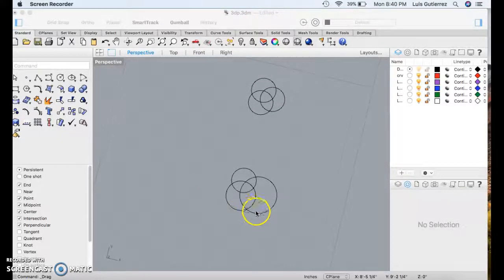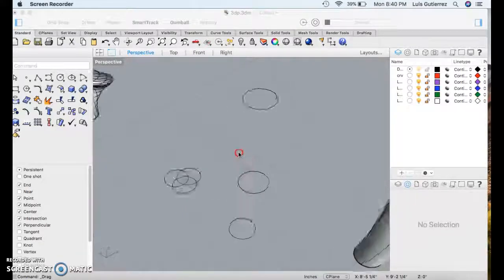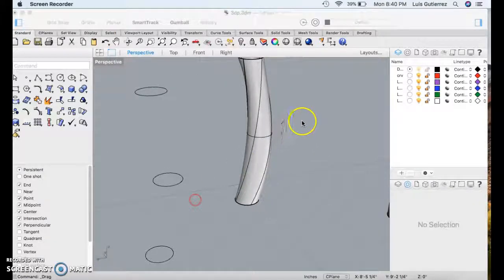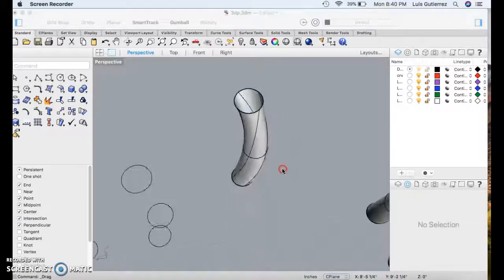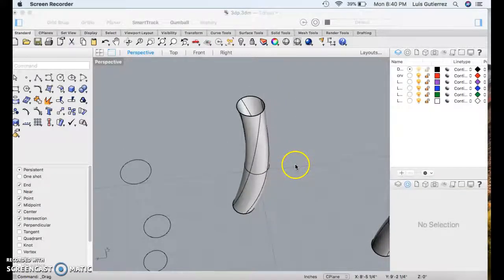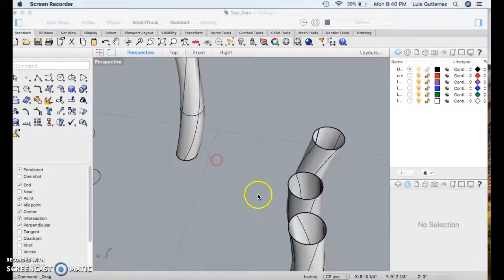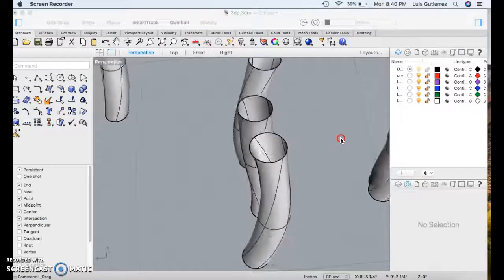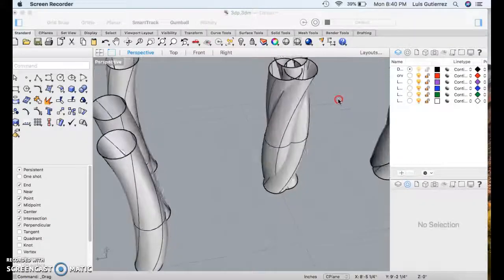So essentially, it's the same as this, just with the circles being at different elevations. And then I loft those 3 circles to get this design right here, and then I use record history to move the segments and get these in different positions, and then I combine those to get this right here, and